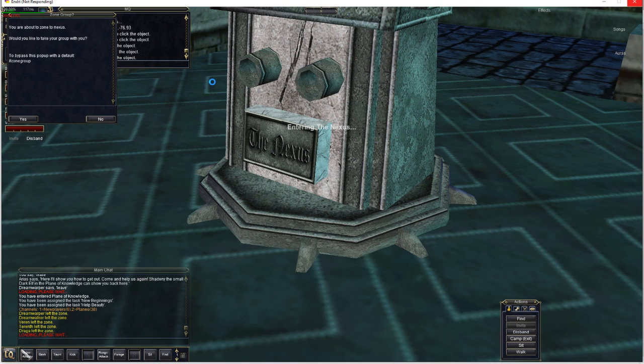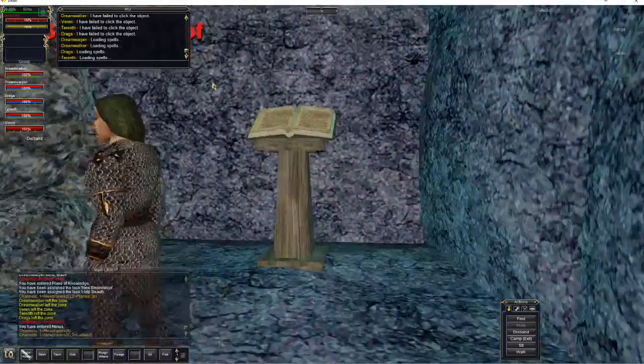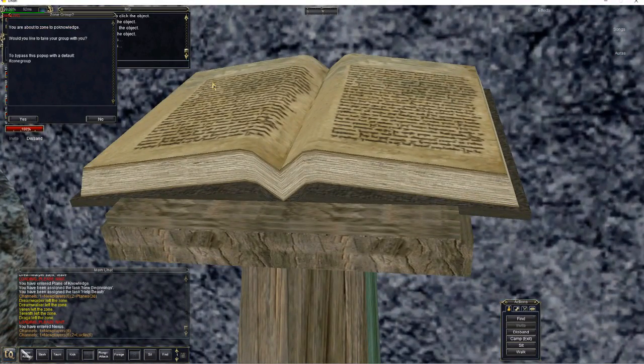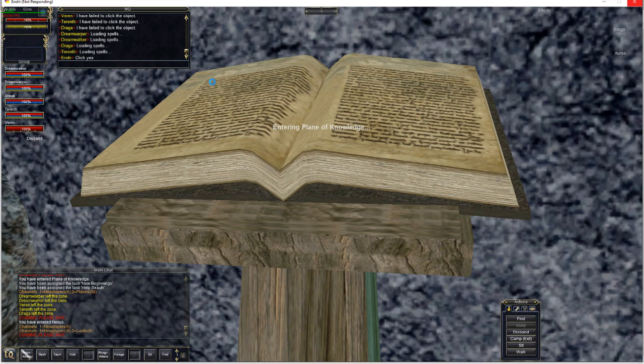So normally what you would do, if you've got that nice little dialog box up there and you've got all three of your groups or four of your groups, their group leaders are sitting there waiting. Let's move over here. How would you get them all to click it without tabbing over to them? Well, it's pretty simple. Let's go ahead and do a /yes. And what that's going to do is it's going to have anyone with a dialog box with a yes or no option up, click yes. It's not perfect. I've done it before and it's failed. If you want to make sure it works, just do a BCAA